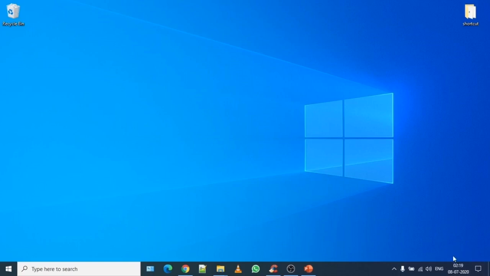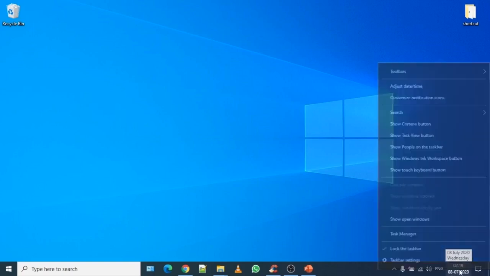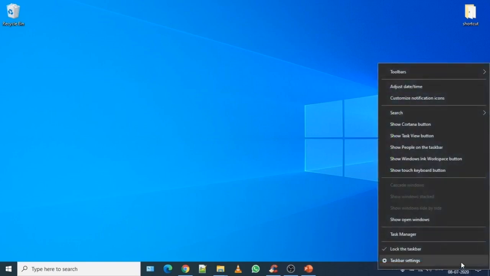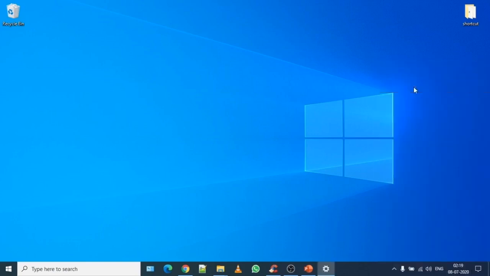You all are familiar with this, where if you have administrative access, you can very well right click and change the time and date setting. So right click on the date and time section bar and click on adjust date and time.